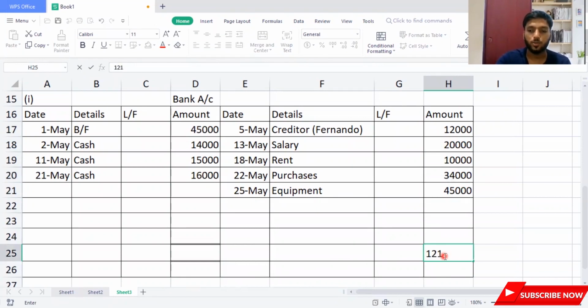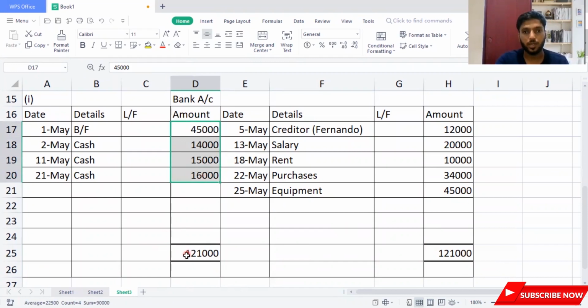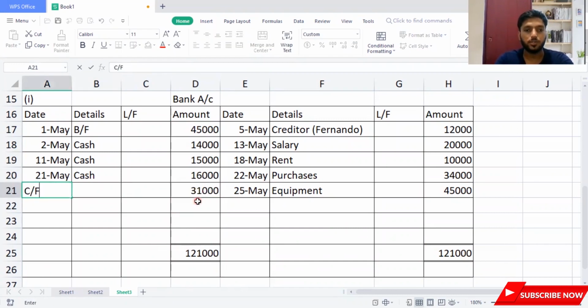You might see, the debit side is 90,000. We already found that out in the last sum. I can also show the total value here. So I'll take the same credit balance on the debit side, and I'll show you how the debit side looks. You see, it's 90,000. So the difference between this 90,000 and 121,000 is 31,000, and that is the carried down or carried forward of the business. I'll write the date, 31st. We say carried forward 31,000.